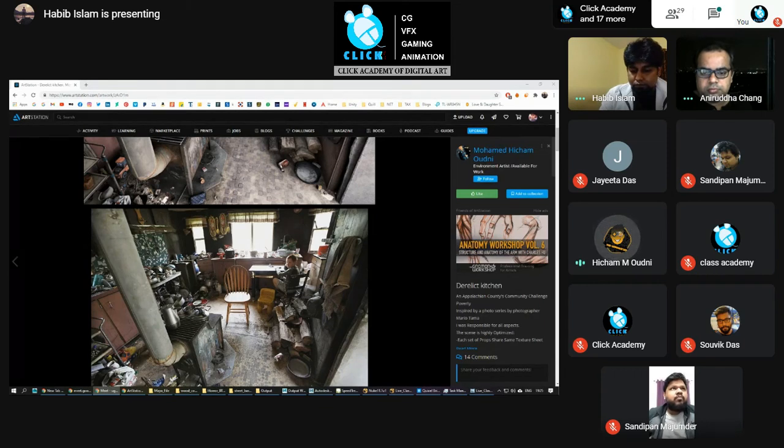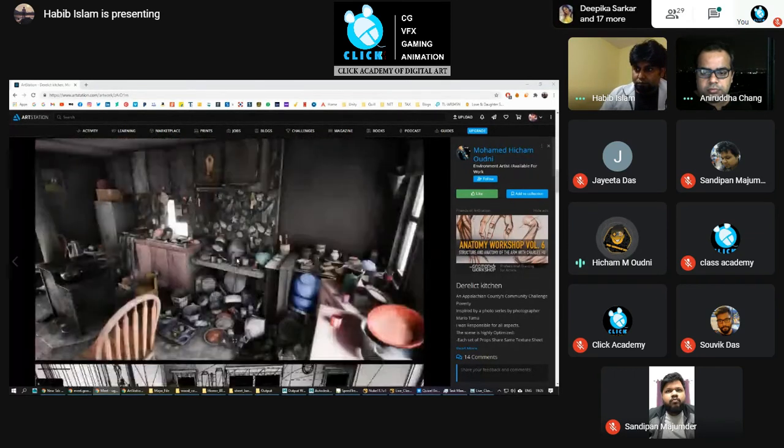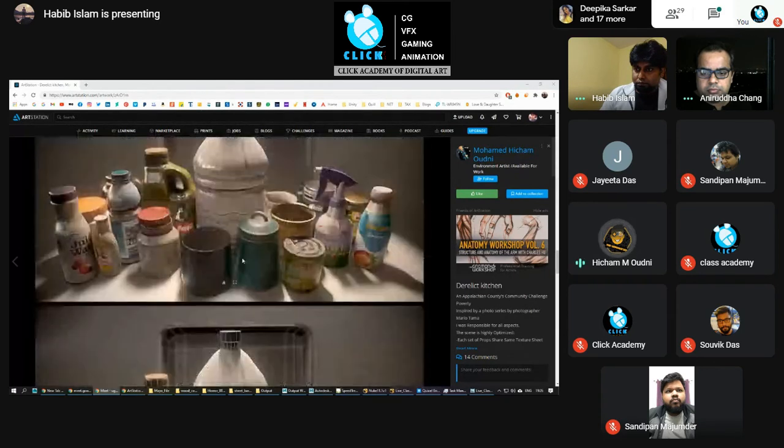For the roughness we use texture sheets. All the metal objects use only one texture sheet, and I think we made this scene very optimized.